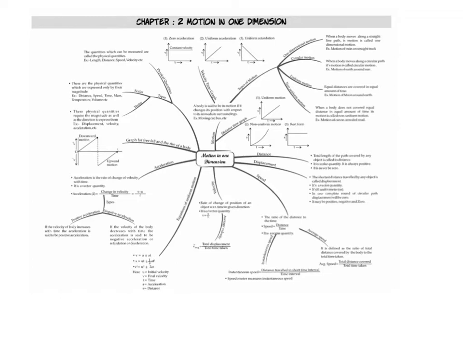So in motion in one dimension, this screen or this page is a mind map of the entire chapter. What all you'll be studying is there in this mind map. The first thing that we will be discussing is what is motion and what is rest. Rest and motion are very relative terms. We have discussed this. Then you will be studying some of the variables like distance, displacement, speed, velocity,